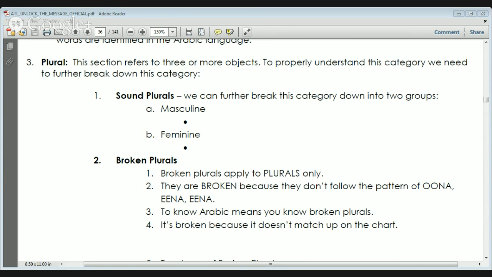But what's the only difference? Can you tell? The ta. That's the only difference. Ta, ta, ta. So if there's a ta before your ani or a ta before your aini, it is feminine. I'm going to go over that in a minute. And then we know atun and atin, right? We went over it, right? So that's feminine. I'm going to add this too.